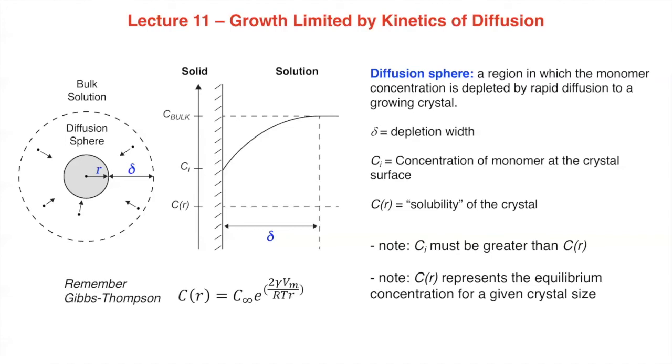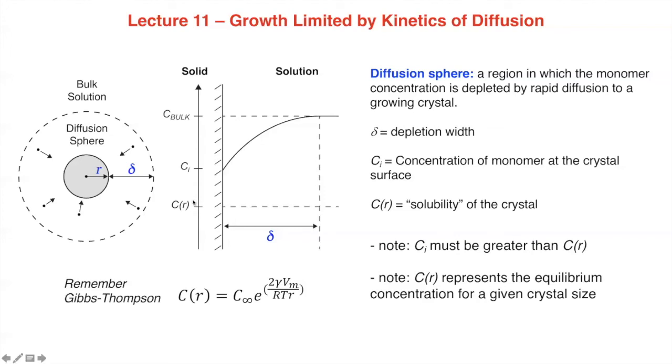Sorry, this is the solubility of the bulk material. This is the concentration of monomers in the solution. And so this is supersaturated. It's above this limit. And this concentration is going to be higher than the solubility limit of the crystal. And it's modified by the surface tension and the radius. So a small crystallite is more soluble and will be in equilibrium with a higher concentration of solutes than a